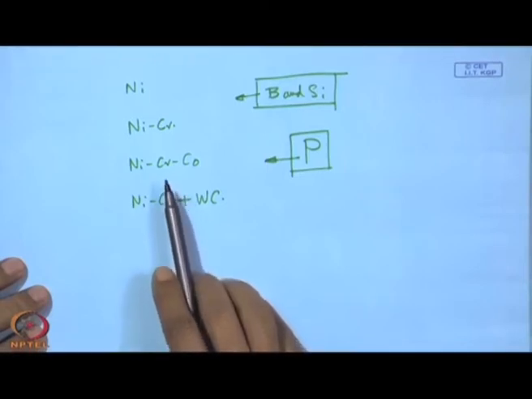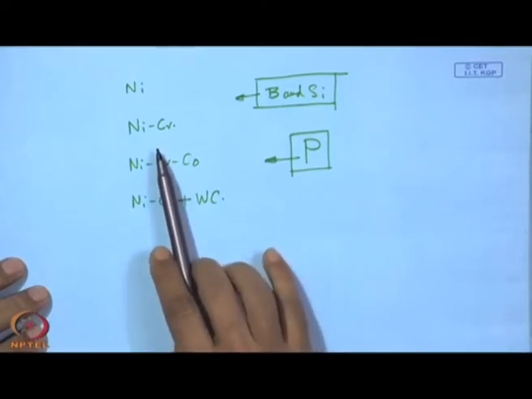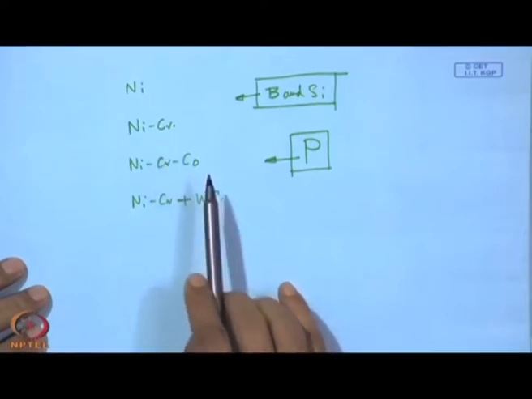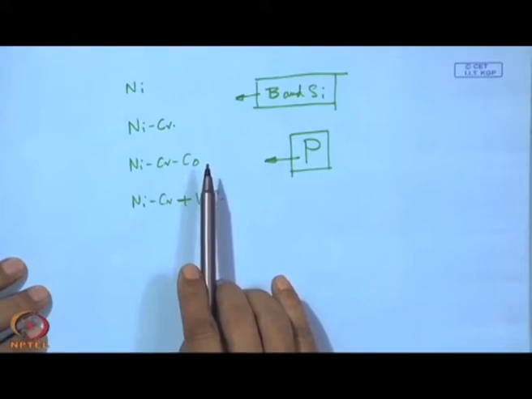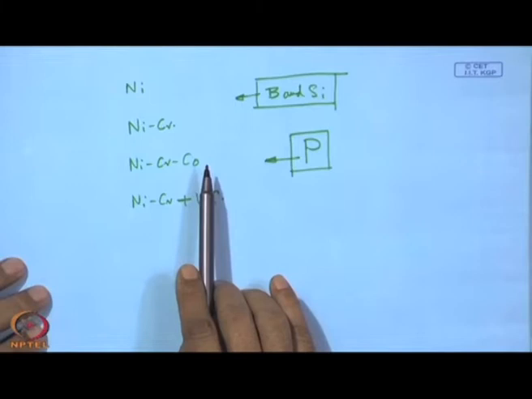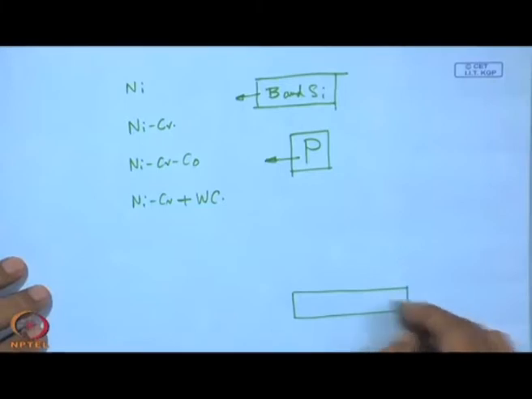But if we like to melt this material to have a metallurgical bond with the substrate, so that this adhesion problem can be totally eliminated, then what is important is melting after deposition. That means here we deposit by the spray process,